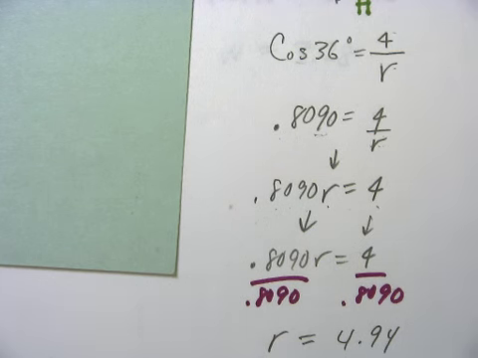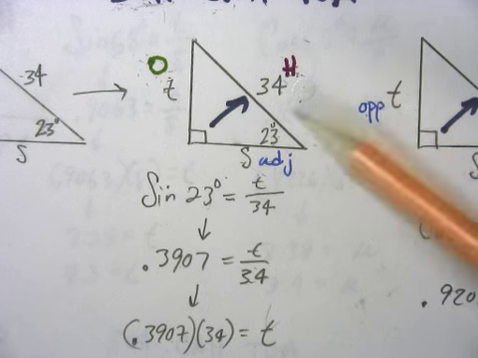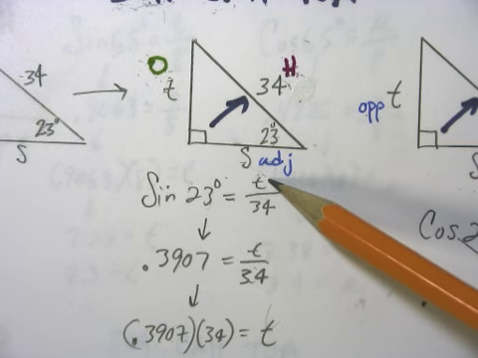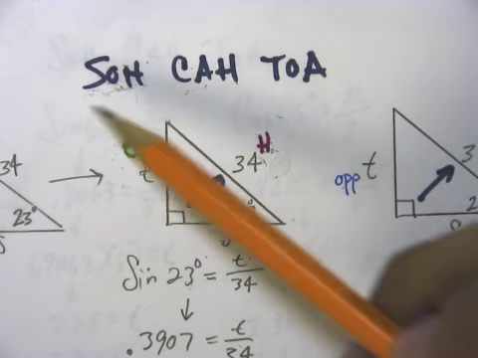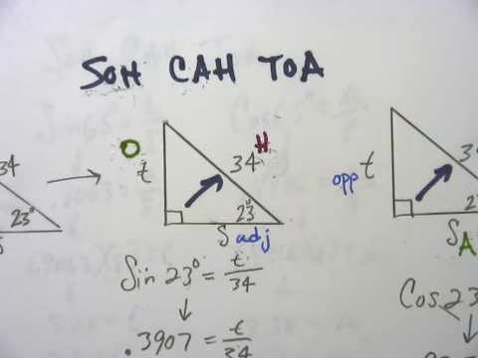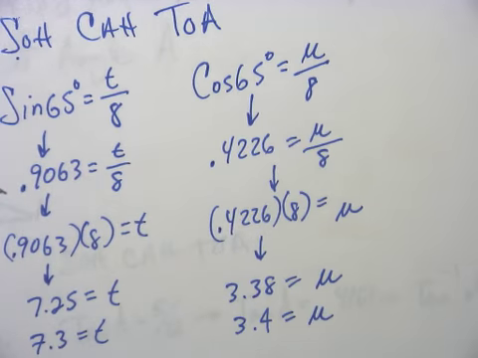If it's multiple choice, they'll let you know how far they want you to round, or the choice will be pretty evident. And that is how we use the three trig functions to find sides of triangles. It just depends on what they give you and what you want to look for. Depending on what they give you and what you want to look for will determine